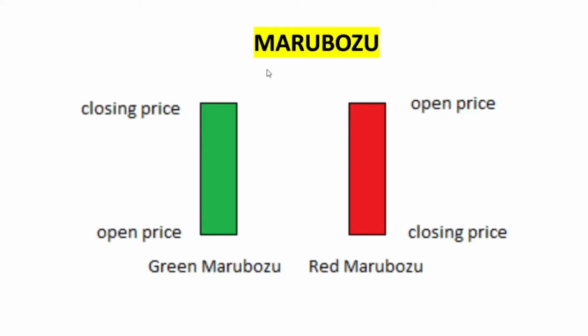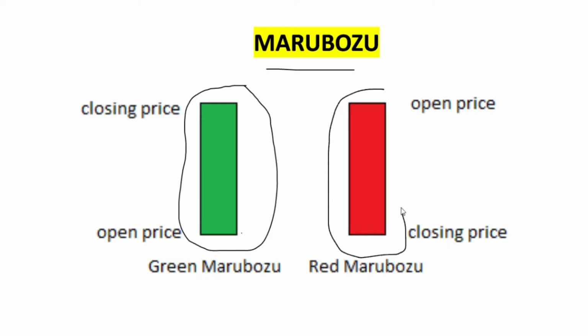Let me first explain Marubozu. As we all know, Marubozu is a strong candle. In Marubozu, we get a huge body with no wicks, and sometimes small wicks also. If Marubozu forms with big wicks, do avoid it, because it will be a trap or a highly volatile movement of the price. Whenever Marubozu forms, you should understand that there is good strength of buyers or sellers on the price, because there is a huge movement with the price.